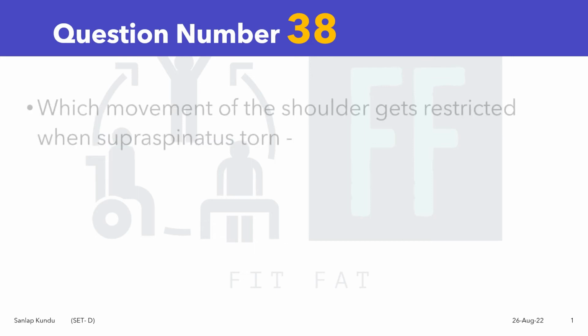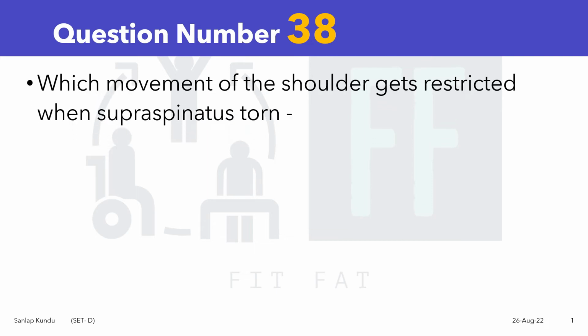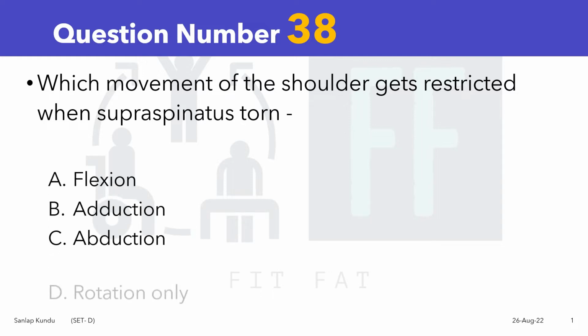Question number 38. Which movement of the shoulder gets restricted when supraspinatus is torn? Option A, flexion; option B, adduction; option C, abduction; and option D, rotation only. Now I think you all know the action of the supraspinatus, but before getting into the answer, let's see the